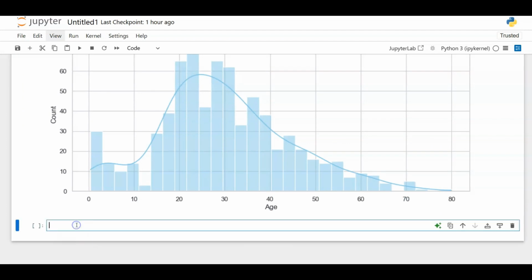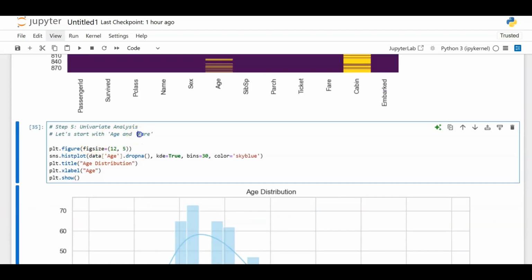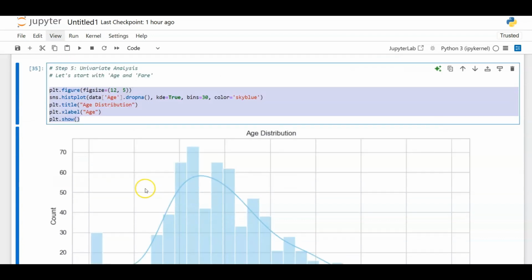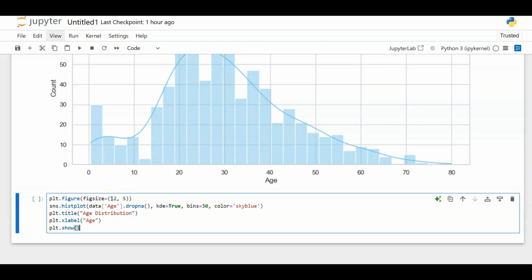Okay, so let's do another one. This one is going to be for fare. So we did age, like I had mentioned, and the next one's going to be for fare. I'm just going to highlight this and do a Control-C to copy. And then here I'll click in this cell and do a Control-V to paste, because it's almost the same thing, but the only thing is now we're going to call this fare, F-A-R-E, for that